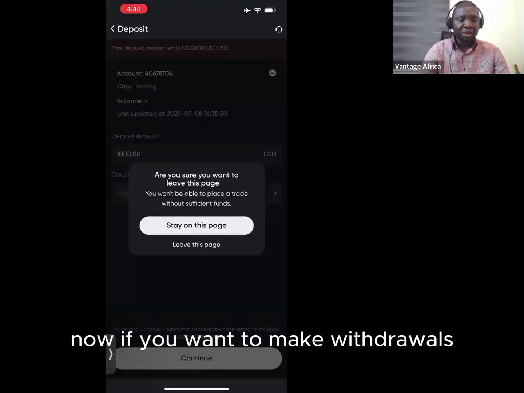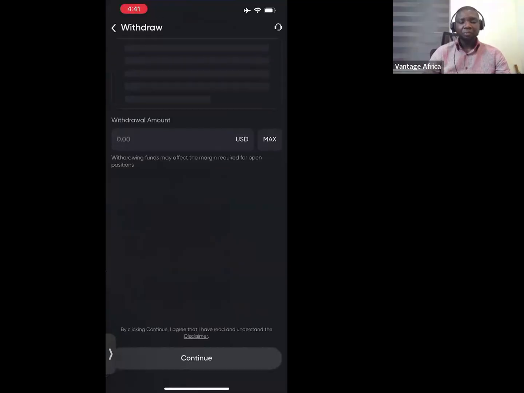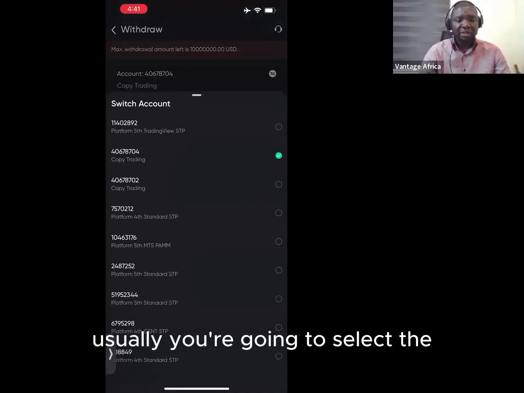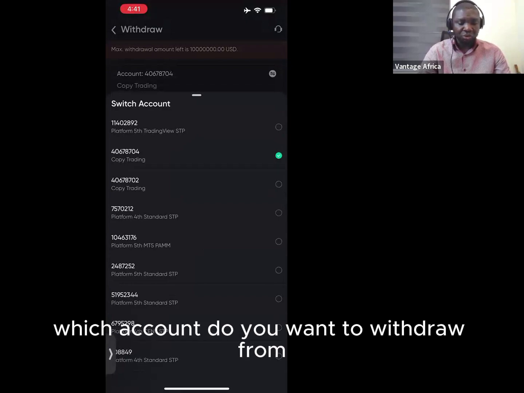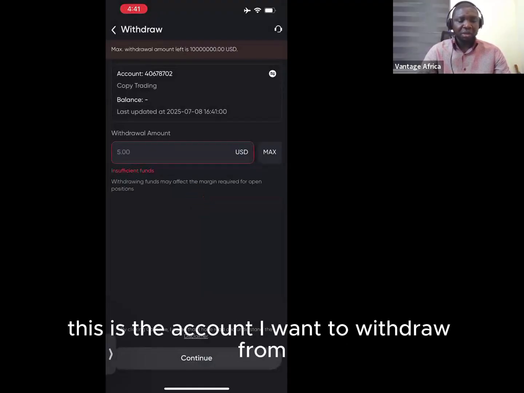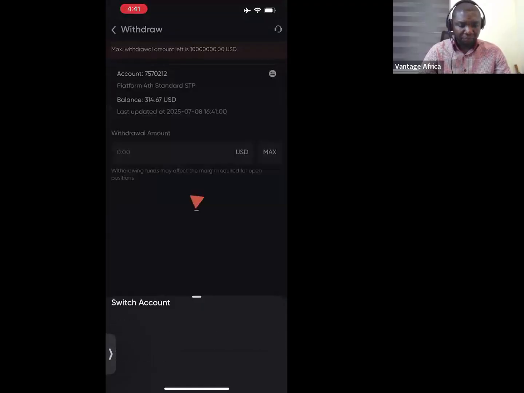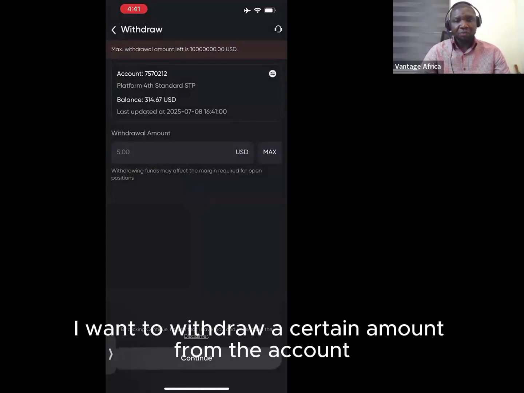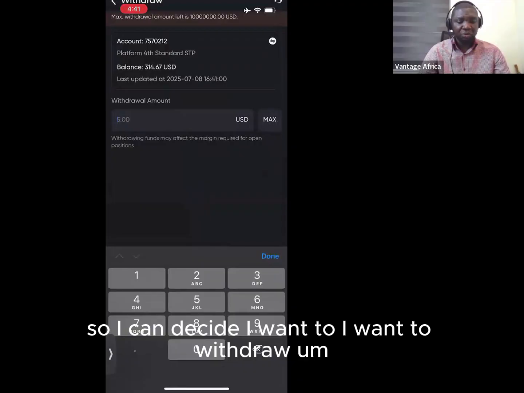Okay. Now, if you want to make withdrawals, click on withdraw. Usually you're going to select the account you want to withdraw from. Which account do you want to withdraw from? You select the one you want and say, okay, this is the account I want to withdraw from. You select the amount there. So with this account, I can decide I want to withdraw a certain amount. What I do is I select the balance. The balance is 314, so I can decide I want to withdraw